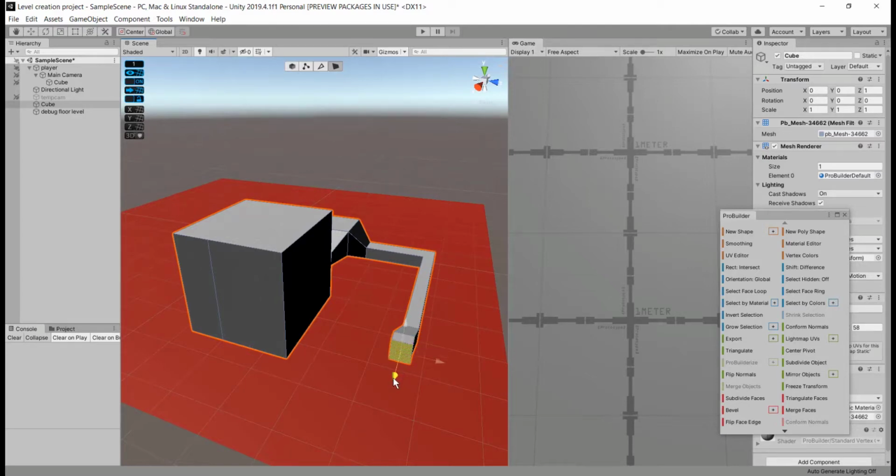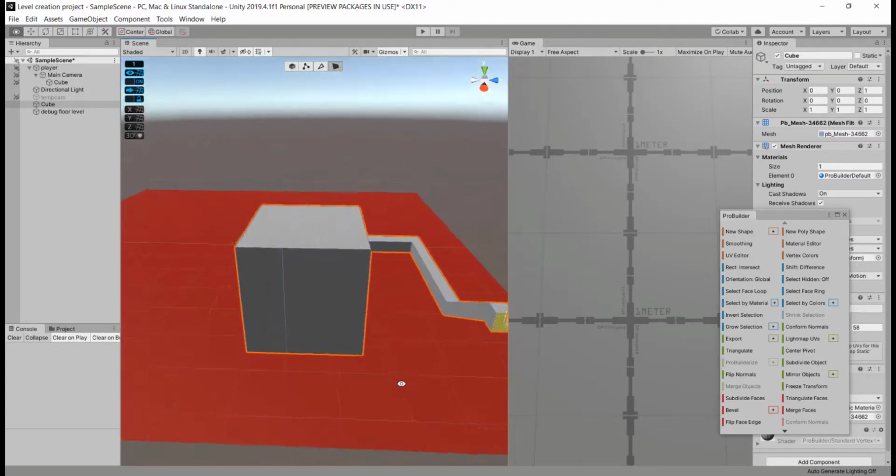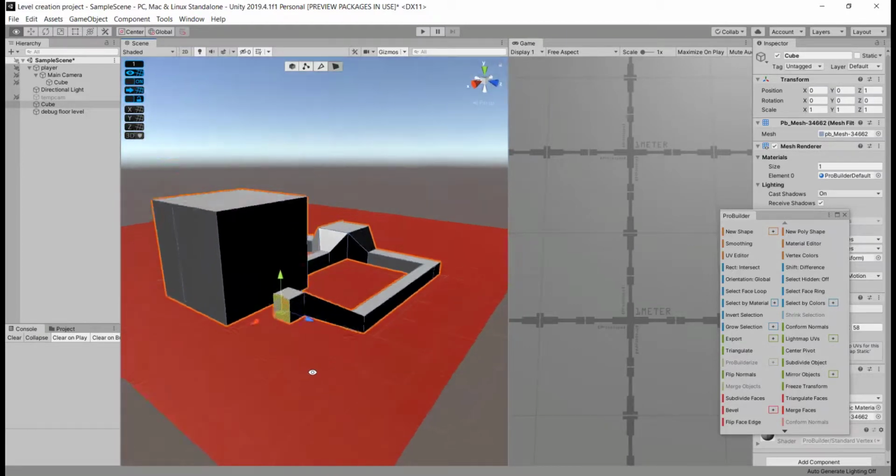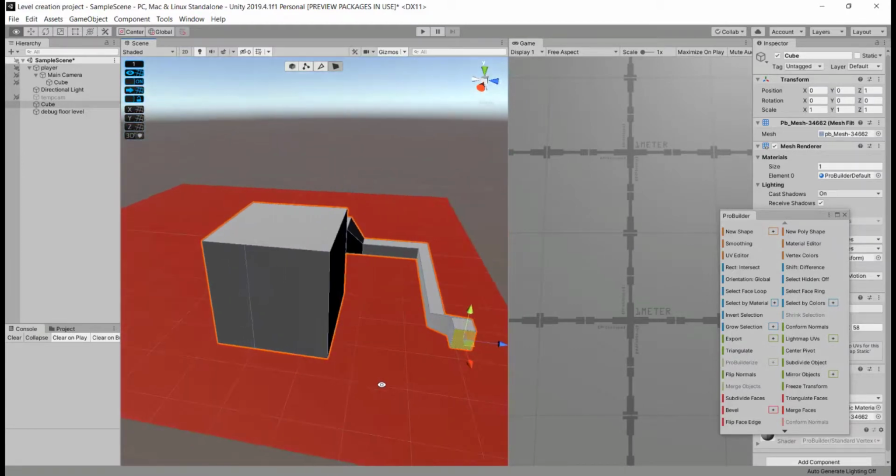And let's extrude this face again and let's make a bend in this corridor so that it goes into this central room.